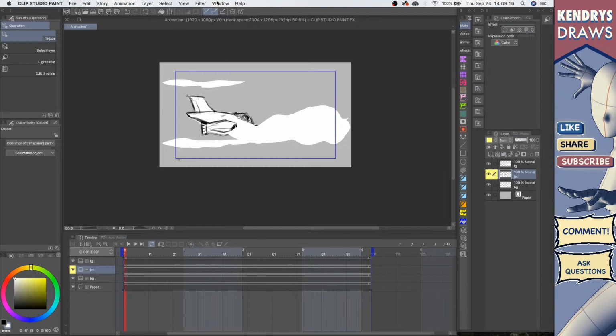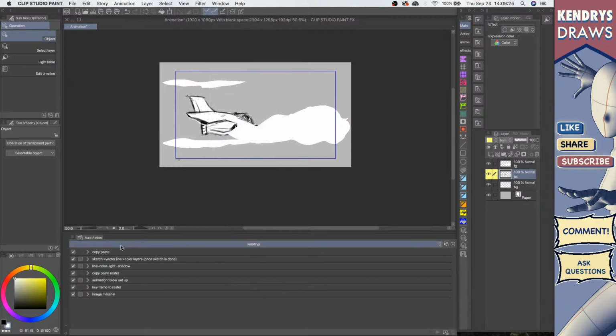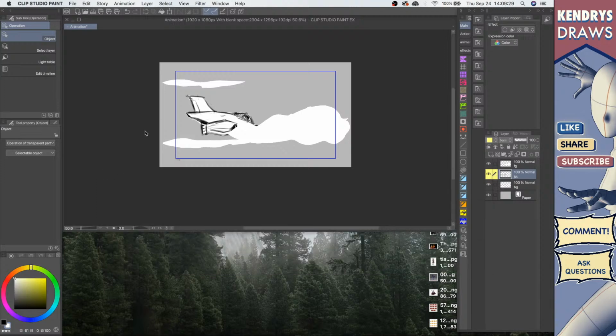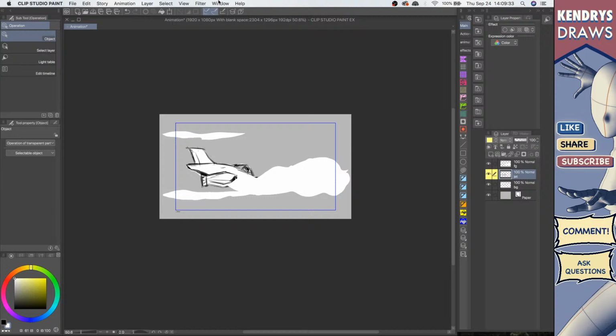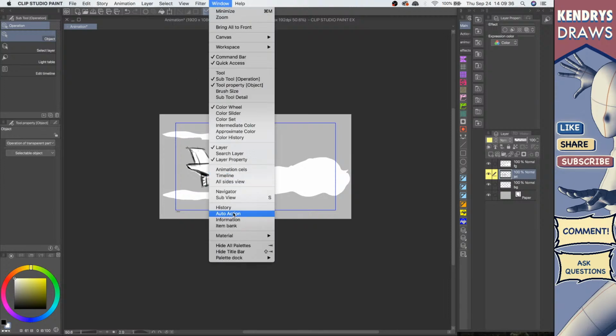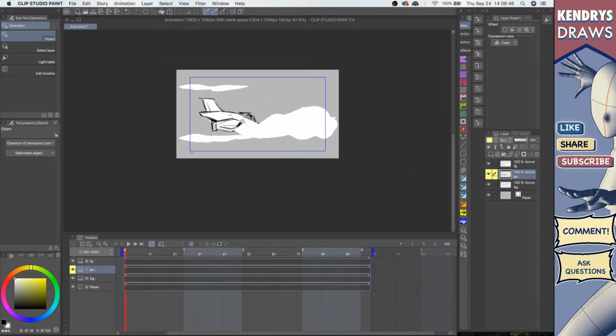Okay, so let's get started. Let's say you don't have the animation thing. You can go to Window, and the timeline, you can make it show up. Let's say you start it like this, like normal. You can go to Window and add the timeline, and here is where you'll be able to move things. So to create animation,